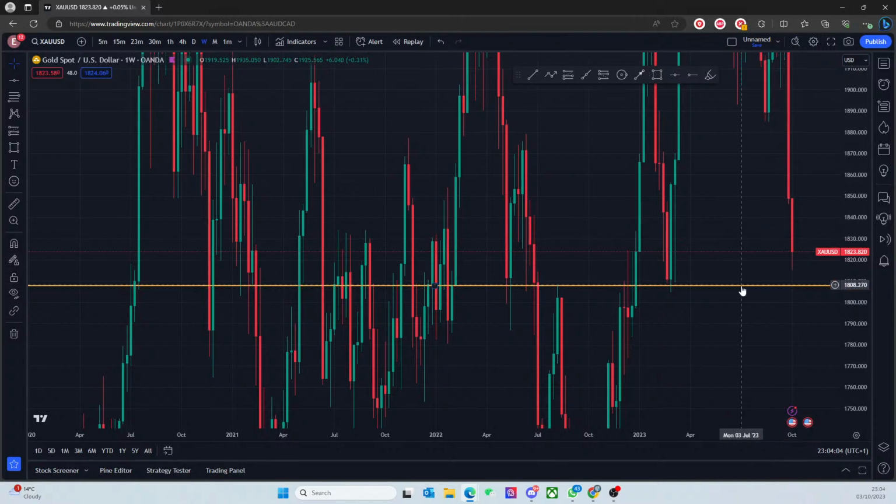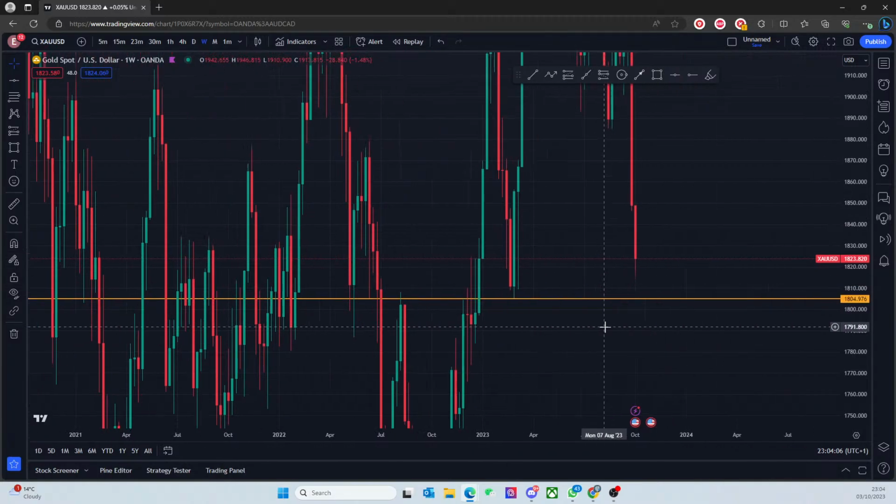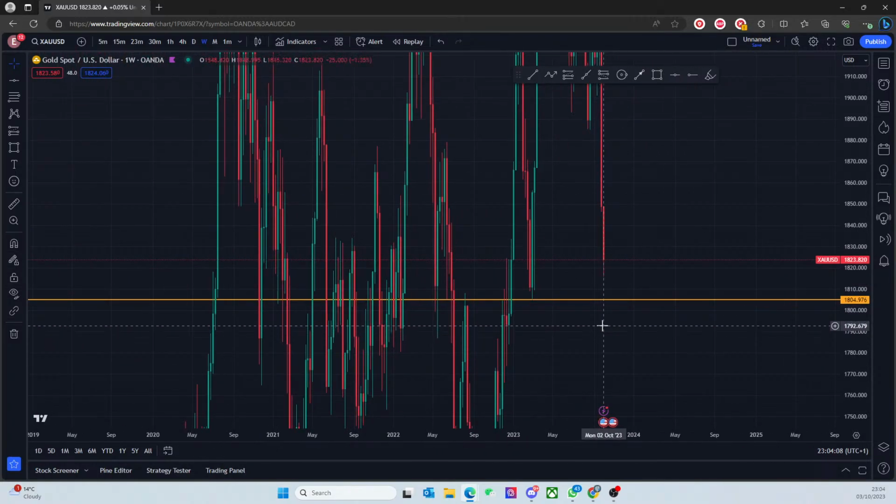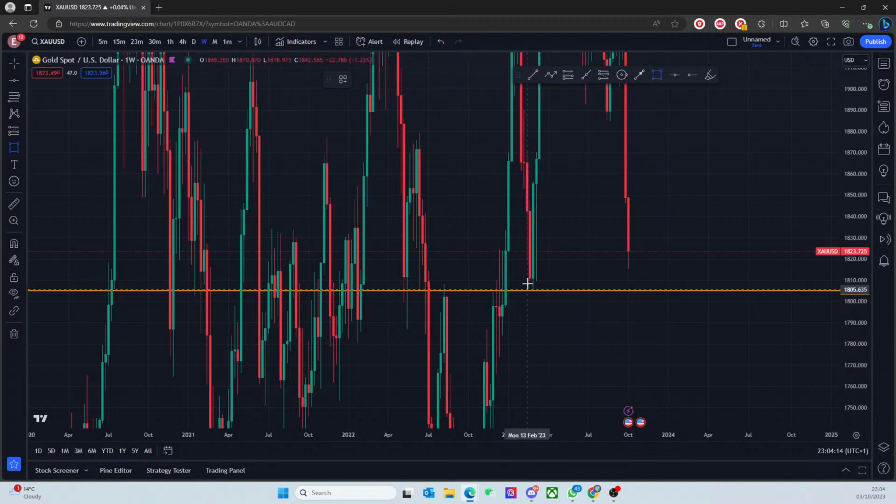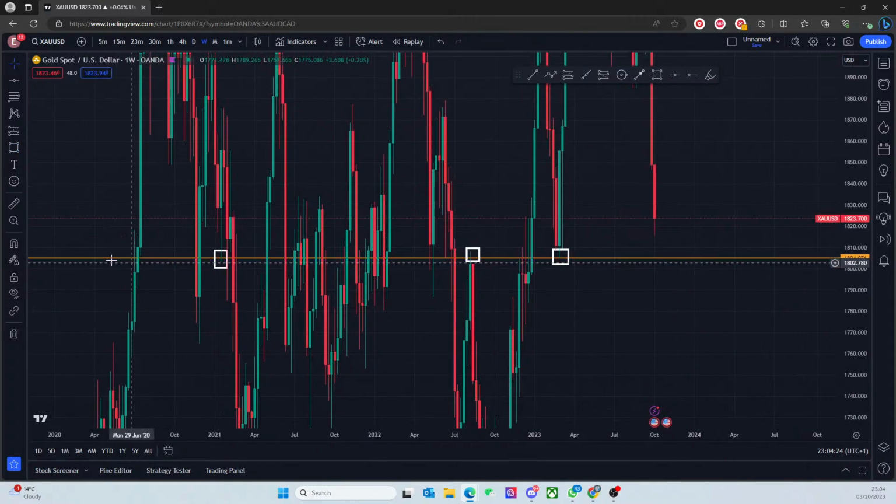Yeah, this is a weekly. It doesn't matter too much. I'll say around here, I'd say it's very likely that you're going to tap 1804.9, so around 1805 sorts of areas. Why? Looking at these wicks here. I'm looking at specific wicks, but I'm also looking at the median of all of these wicks.